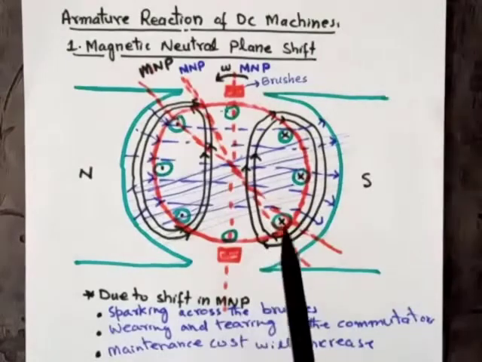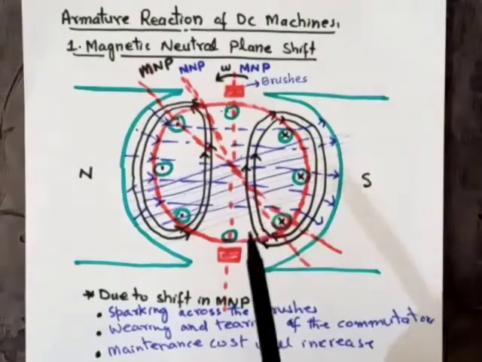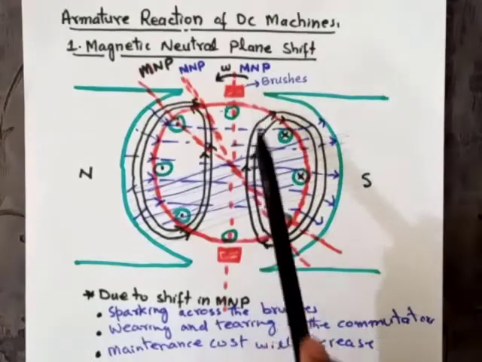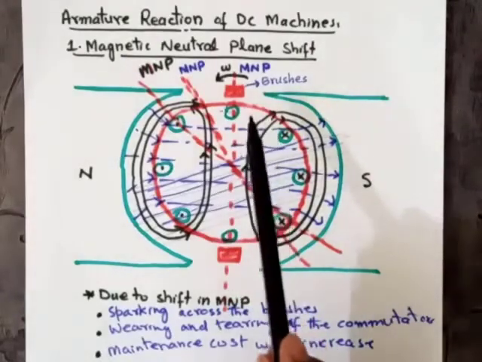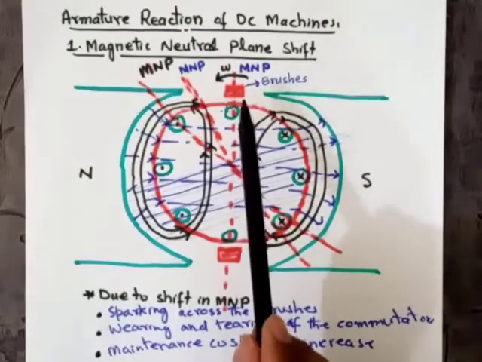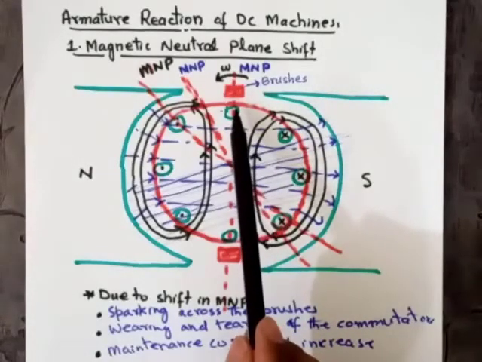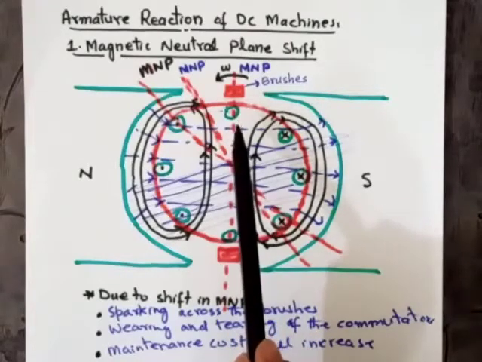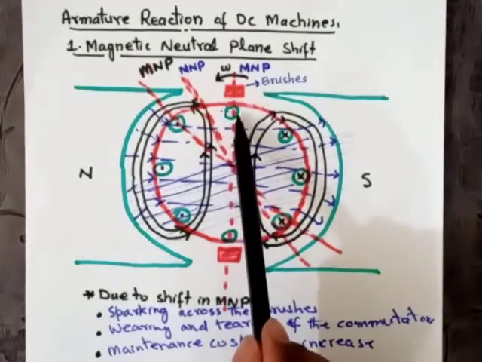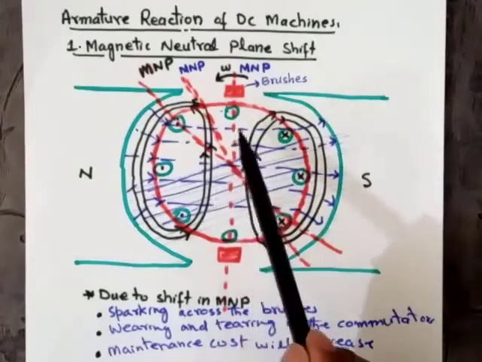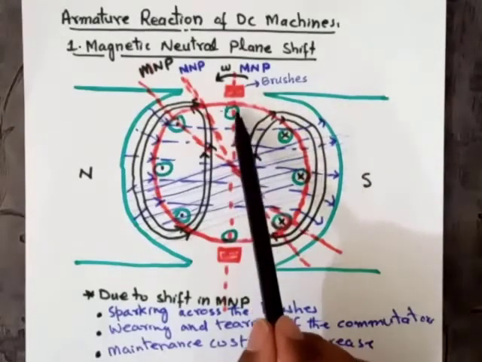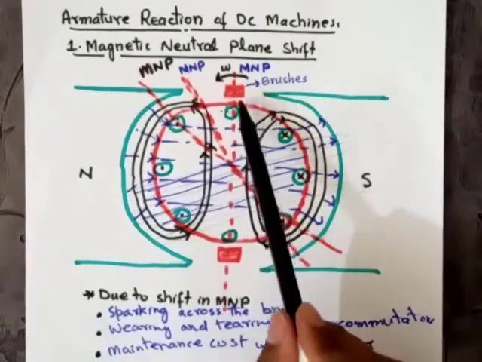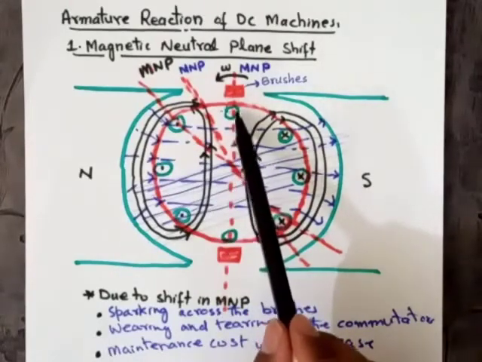There is not going to be any circular current, because at that point no EMF will be induced, and there is not going to be any circular current within the coils or conductors. Therefore, the brushes, coils, and the commutator segments are protected.